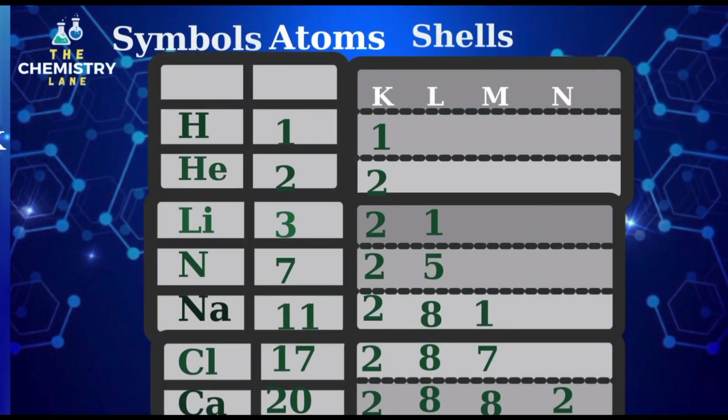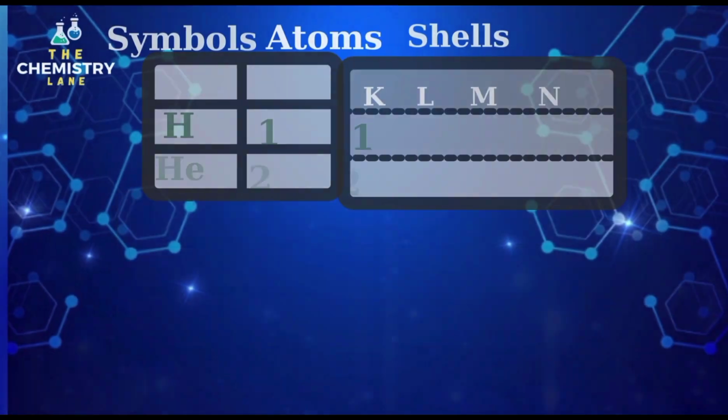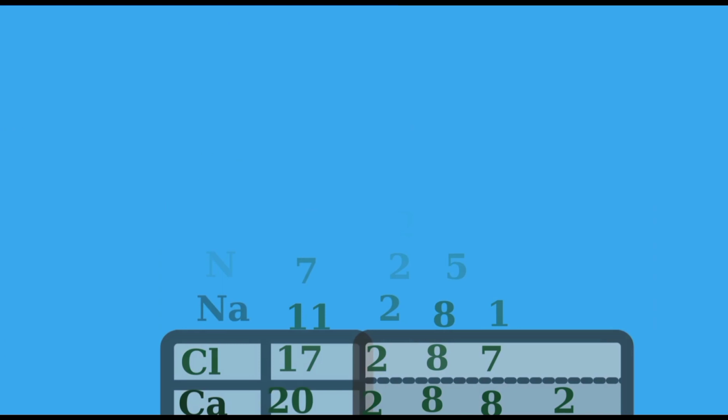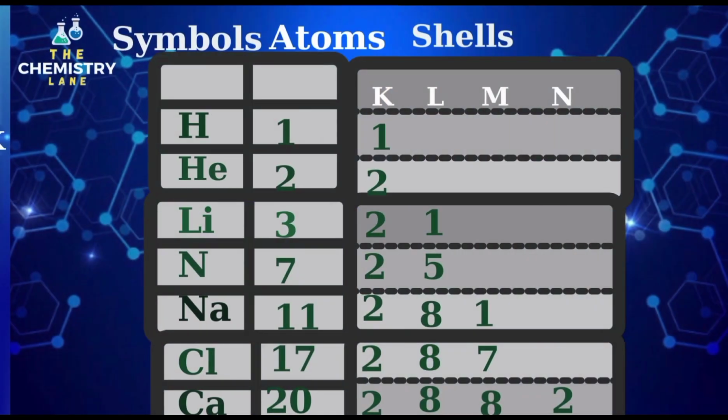And these show symbols of elements, their atomic numbers and shells. Hydrogen having atomic number 1 has 1 electron on the K shell. Helium being number 2 has 2 in its K shell, while lithium having an atomic number 3 has 2 in the K shell. Remember, K cannot take more than 2, so the last shell will take the remaining 1